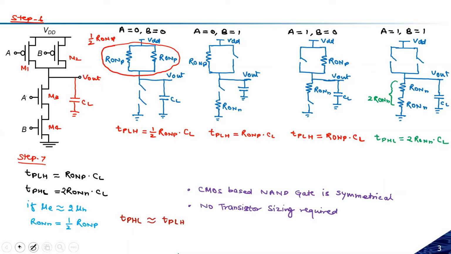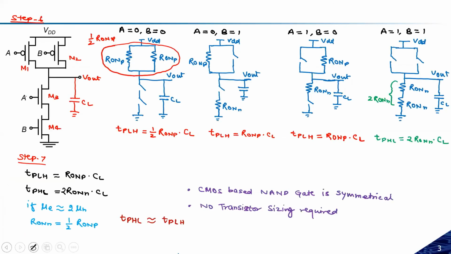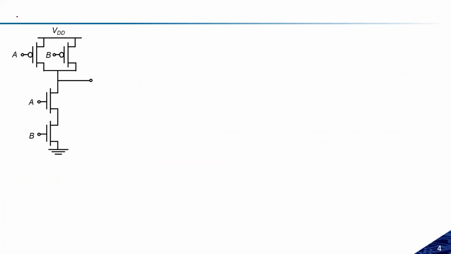Next step is let us try to make the layout of this one. The previous step was 7, now step 8. Step 8 is, suppose I have this kind of structure, whatever I have just made. So how can we make the layout of this structure? The layout is just like the stick diagram we have made before.